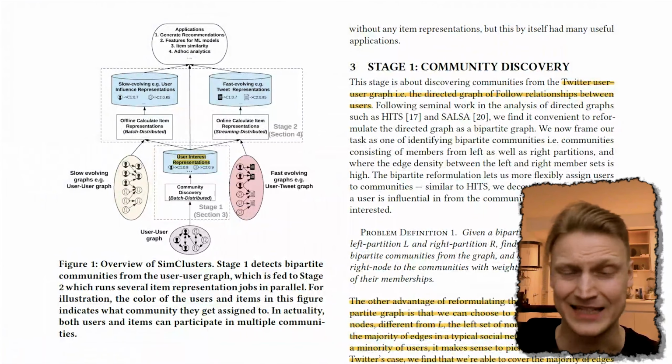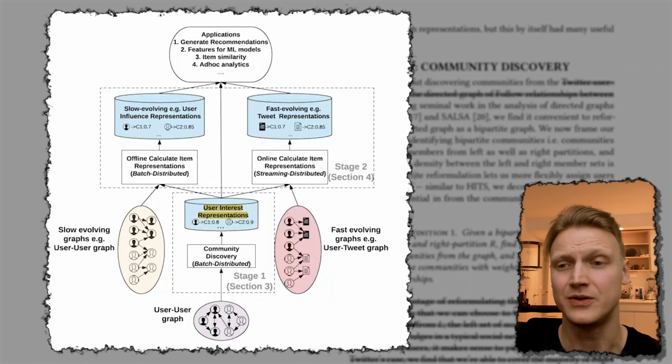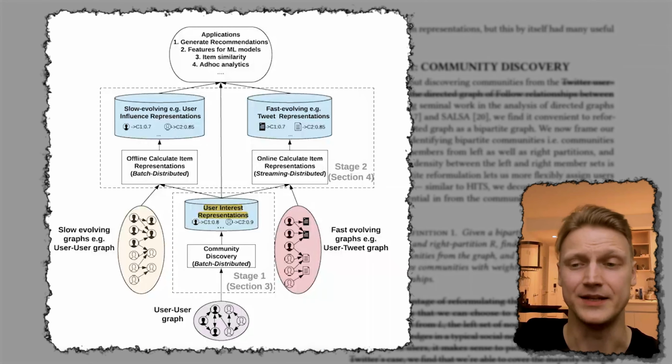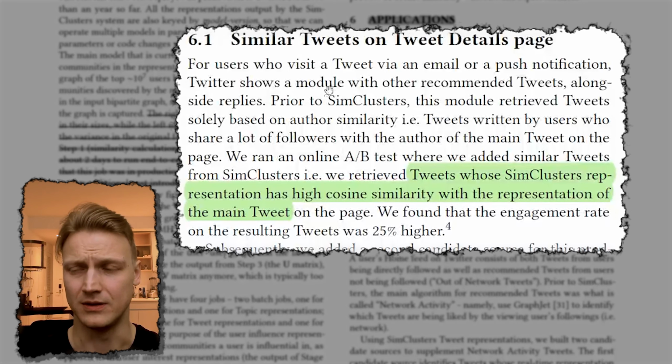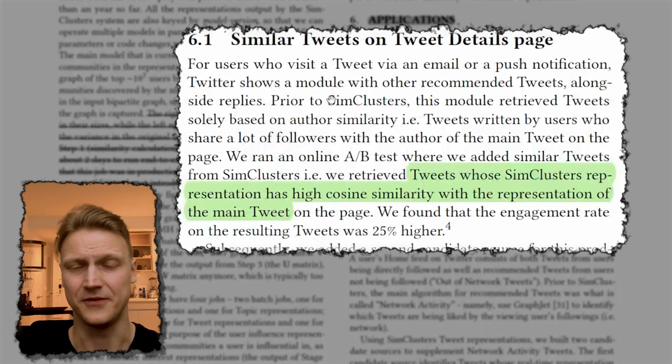One interesting aspect about this system is that its parts are different in computational complexity, so they treat them differently. They separate them out to compute with different frequency and by different computing clusters and reuse the results for the downstream stages. Now, what do they use this for? Well, for a number of things. For starters, they look for similar tweets. There is a module available that shows you recommendations in various notifications.